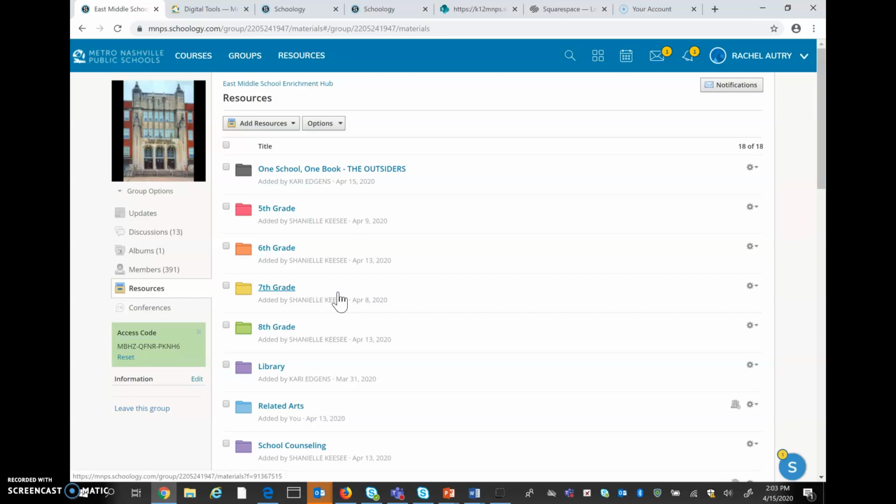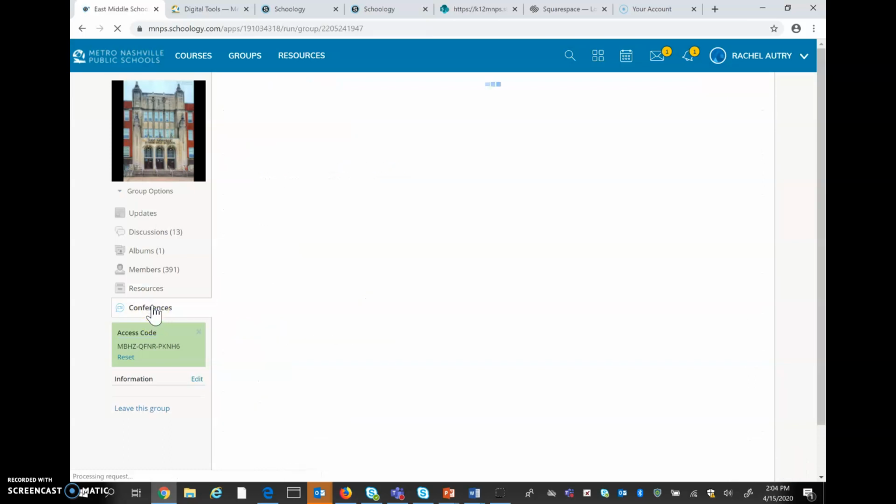The last thing that I want to make sure that you are able to access is the conferences. So this is where the town hall meetings that each grade level have every other week. So we did not do a town hall meeting this week. We will start back up on Monday. So Monday we have 6th grade, Tuesday will be 8th grade, Wednesday will be 7th grade, and Thursday will be 5th grade. And those start at 12 o'clock noon on your day that's designated for your grade level. So for that, you're going to click on the Conferences tab,